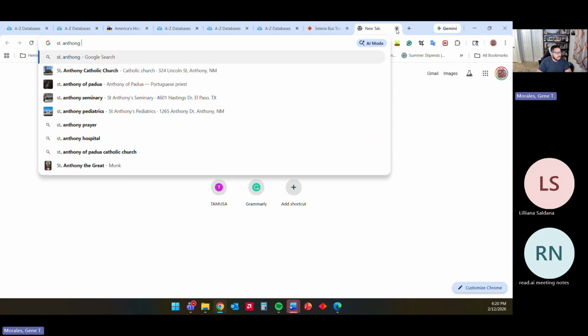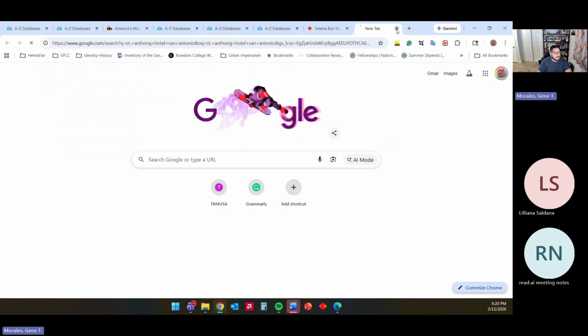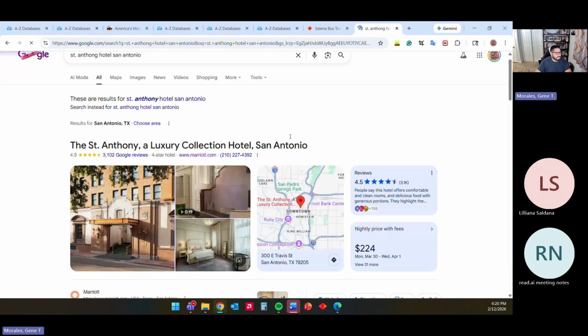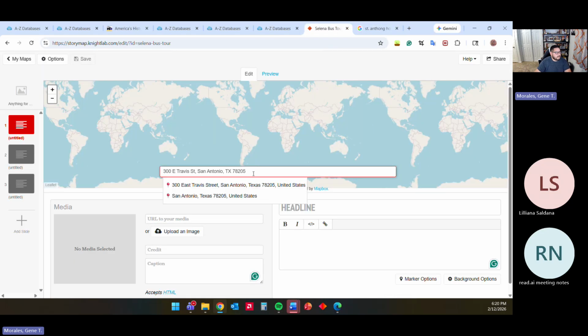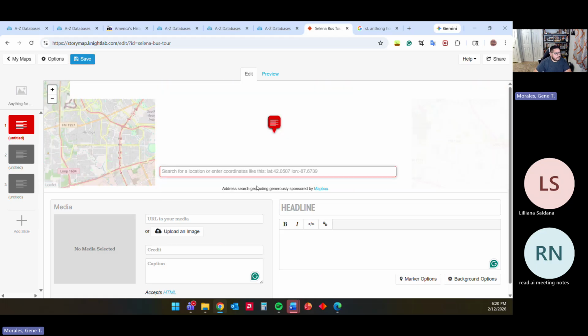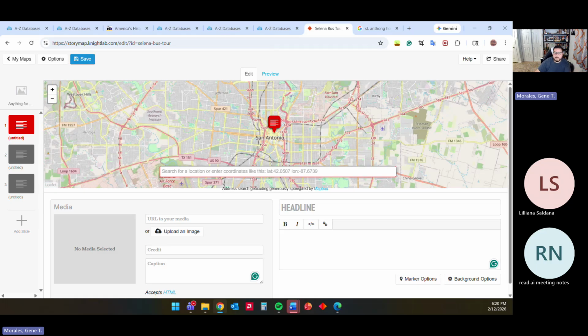Anthony Hotel, San Antonio, and I'm just going to look up the address. Nothing real crazy. All right, the address is right here, East Travis Street. Now what we're going to do is link that up right there, and then it's automatically going to generate this. And I really see this as a really cool learning tool, especially for visitors around this bus